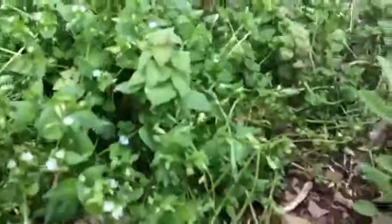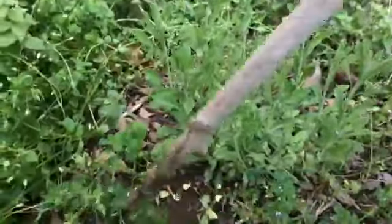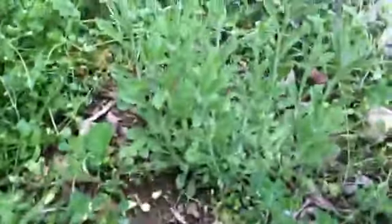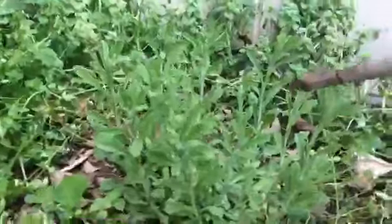This plant right here, I have only seen one of them in my yard. So it brought my attention. You know, we've been on quarantine. I haven't left my yard in like 3 weeks, so I've been hanging out and not cutting the grass, but looking to see what's growing in it. So this right here is everlasting. And everlasting isn't necessarily an apothecary herb. It's a garden herb, but